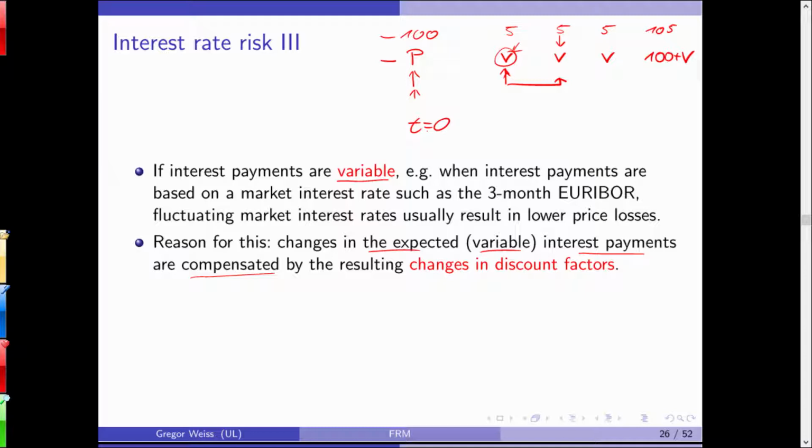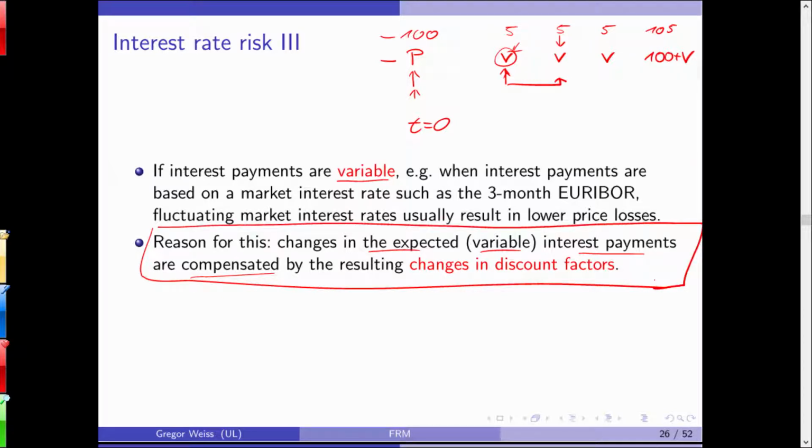So you can simply value a floater by all the market data available today, and the reason behind this is that all the payments are hedged against interest rate changes. So you have changes in the payments, but you also have changes in the discount factor, and they are offsetting each other. So this is the same here. And these are actually the interest-bearing products that are more or less immune to changes in interest rate risk.